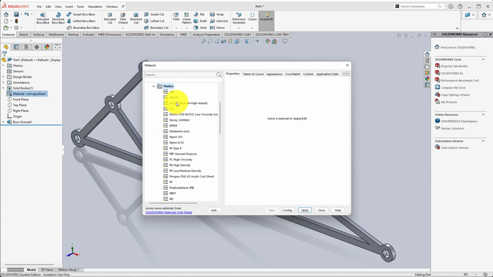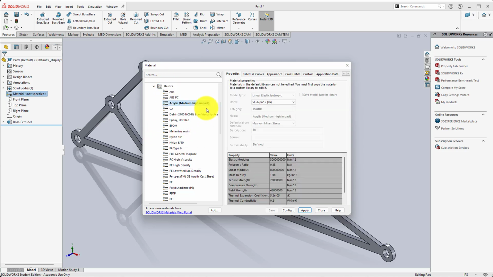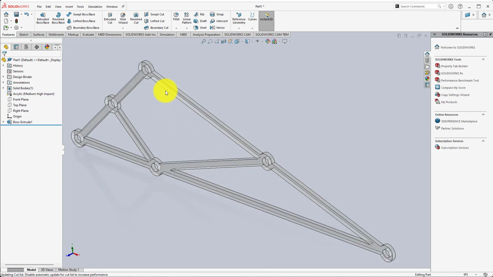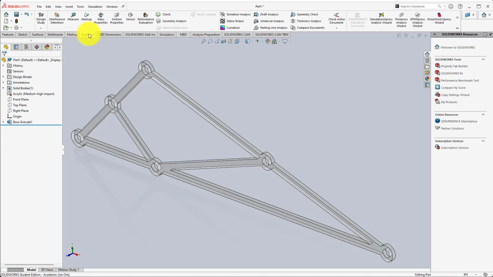We're going to go to plastics, and we're going to leverage this acrylic medium high impact plastic. We're going to apply that, close it. You notice my part now looks somewhat translucent. I can see through it somewhat, and that's going to represent the acrylic piece that we're going to have on our part. So if I do something like mass properties right here under evaluate,